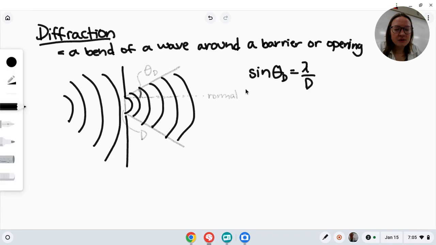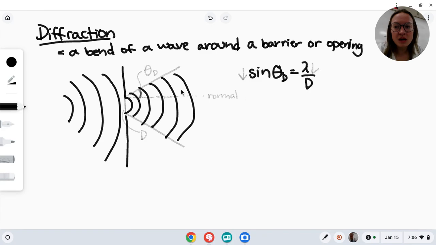Now, see that this equation makes sense to you. This right here, sine of the angle of diffraction, is a really good measure. A way to think about it is it's a measure of how big the angle is going to be, how much it's going to spread out when it gets to the other side. Here's the idea. If you have a really, really small wavelength, a small wavelength would come up to this little opening and it would say, yeah, I can fit through. And it would pass on through pretty easily without much bending. If you had a nice small wavelength here, you would have very little diffraction because that thing wouldn't really have to bend that much to make it through.